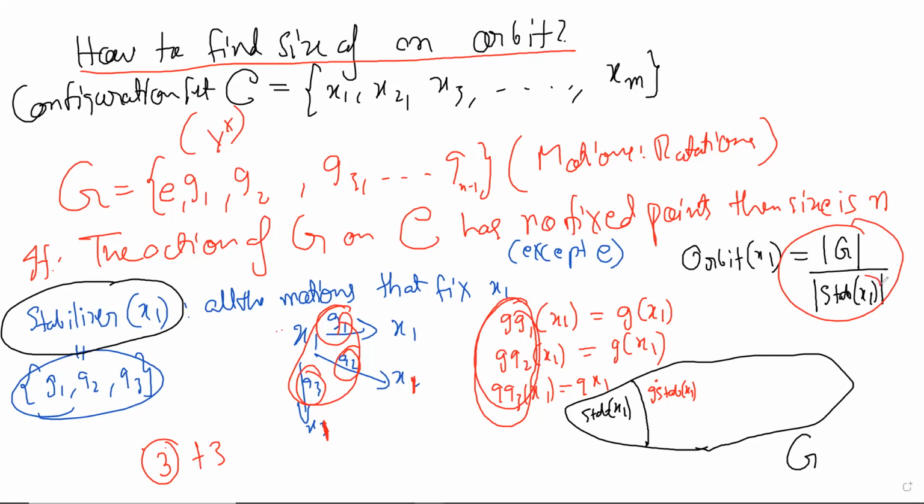If the stabilizer had size 3, for example, then it is clear, because these three will take x1 to x1, but they will cause other things to form groups of three, and those three motions will only take x1 to one other unique place. So the number of places it can go to will just become divided by the size of these three things, divided by 3, and that will be the size of the orbit. But I'll say it more clearly. This was more intuitive.